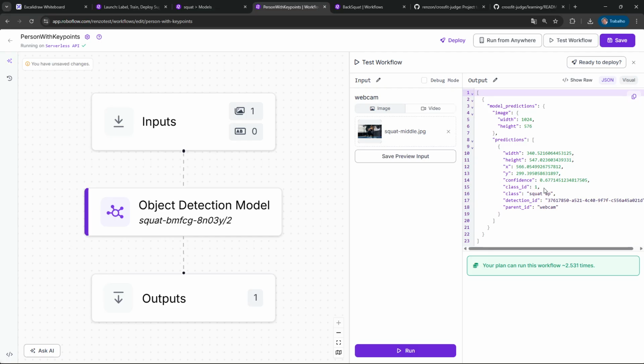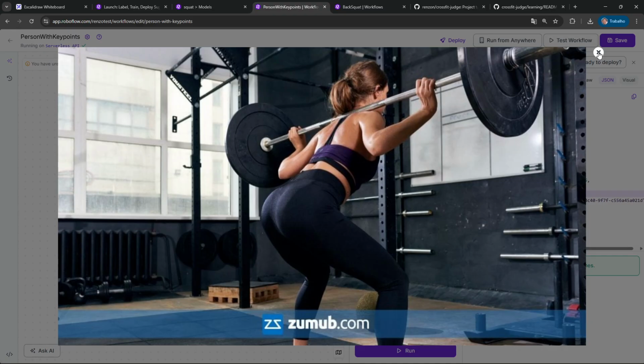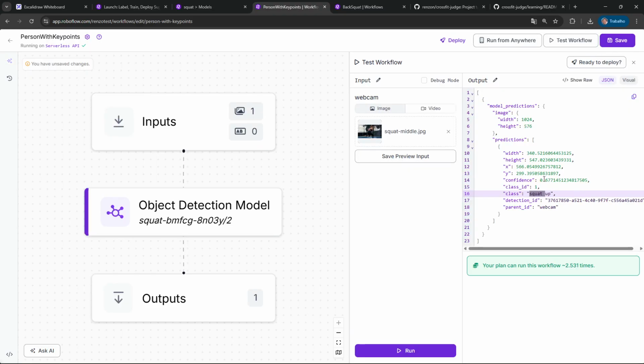And you can see it's saying that it's a squat up, and this was a little bit confusing to me because, as you can see from the name that I provided, it's in the middle of the phase, but the model has a confidence of 67-68% that it's a squat up, and that could be an issue for my application. But you know, in here it's kind of difficult also to check what I'm saying to you.